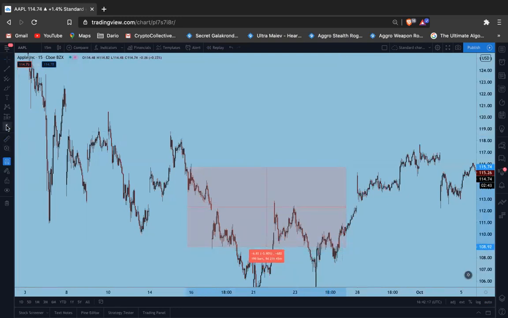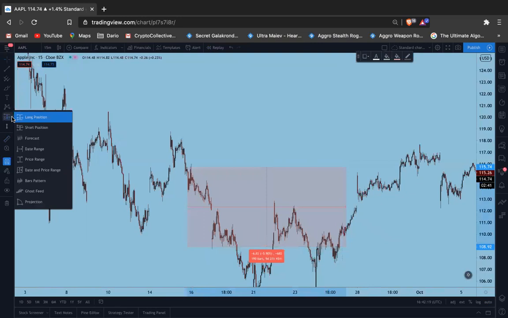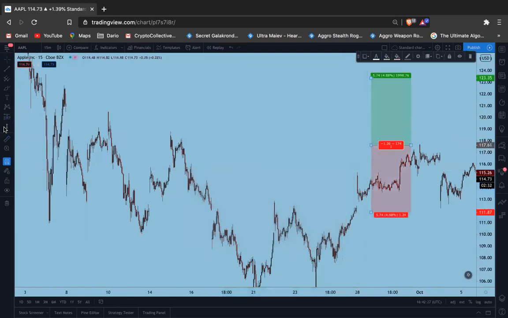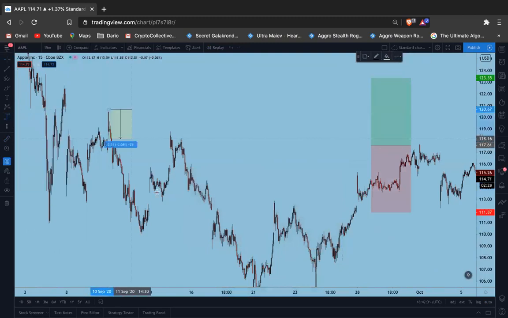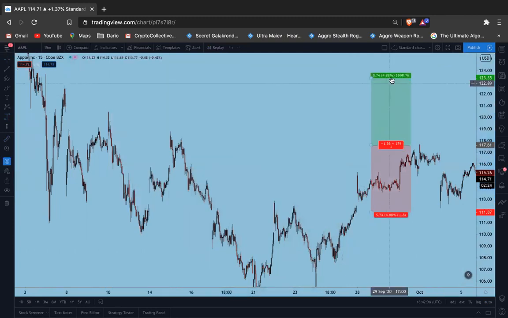Now, we also have other tools here. Depending on what strategies you want to use, you just want to go through them, have a play. This little section is like position calculators. We can calculate a long position. We can calculate a price range. We can calculate a date range. And we also have,